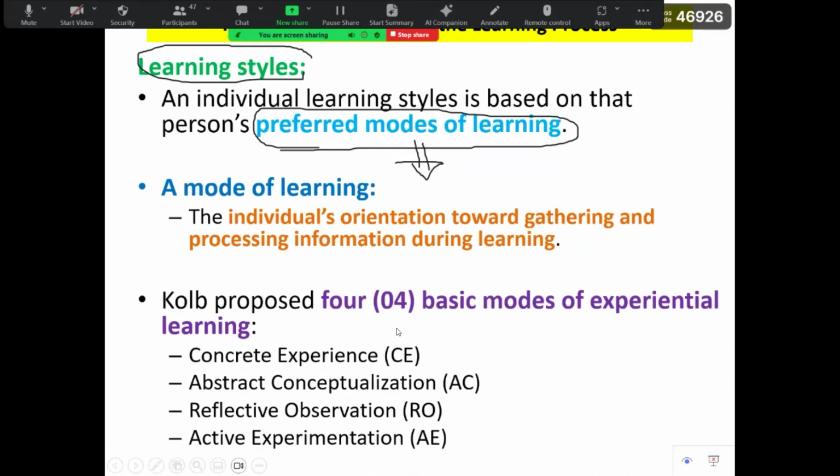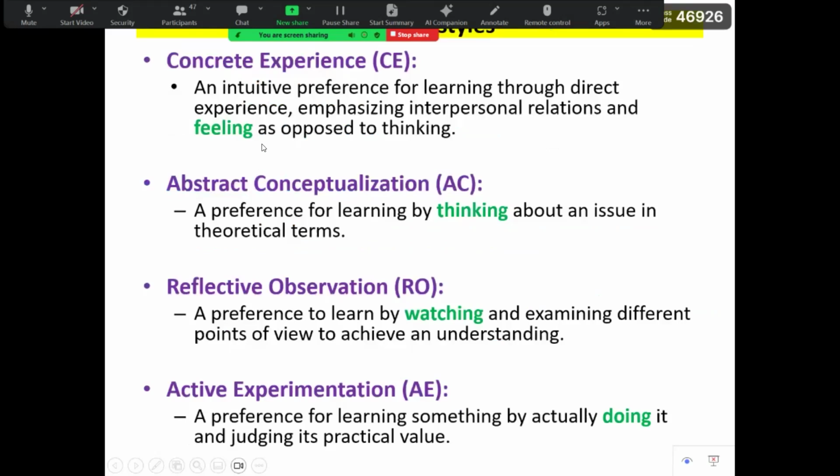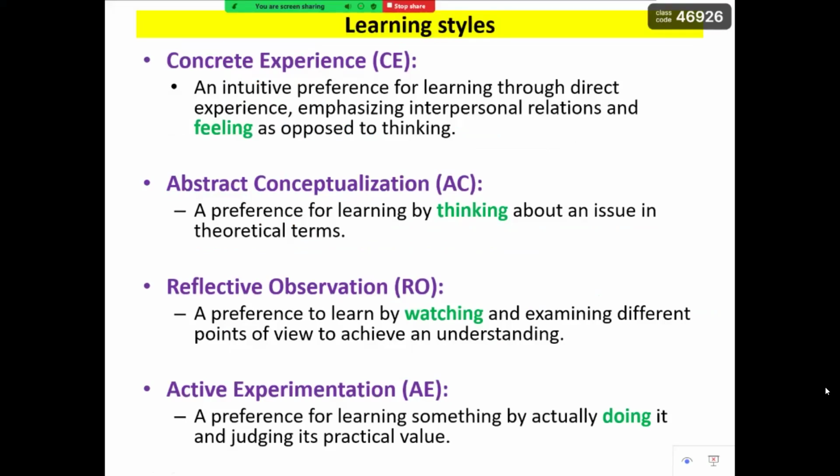Kolb proposed four basic options or ways by which an individual can have experiential learning, right? So basically, those four steps are explained here in this slide. One is concrete experience. What is concrete experience? Concrete experience means an intuitive preference for learning through direct experience, emphasizing interpersonal relations and feeling